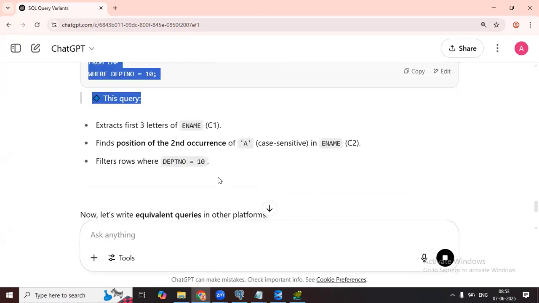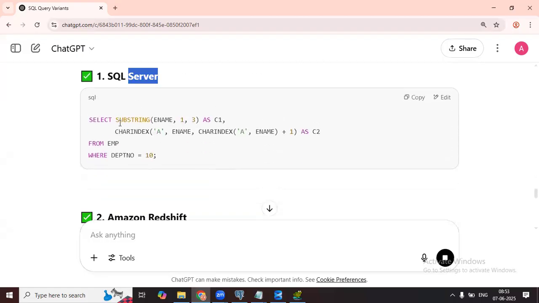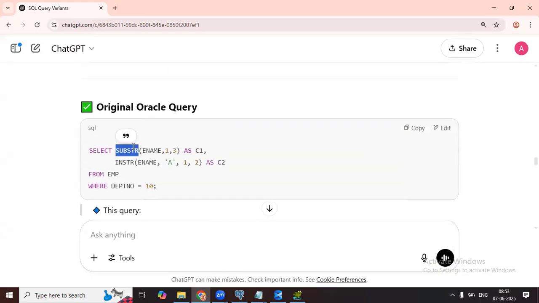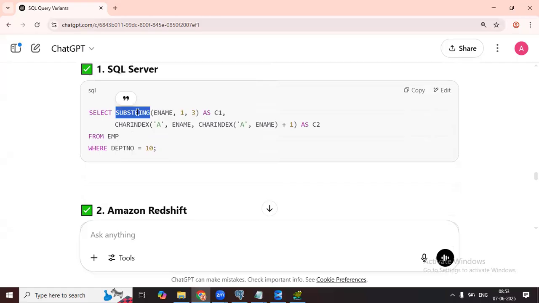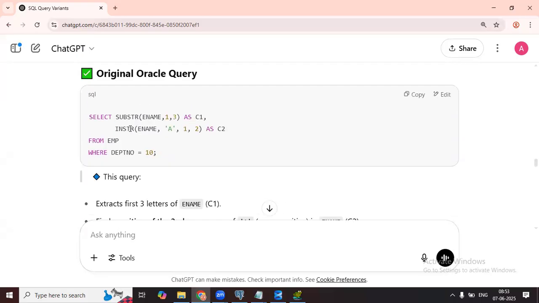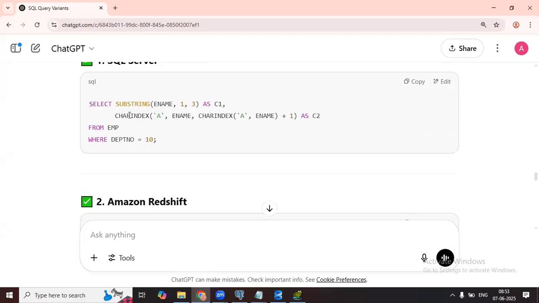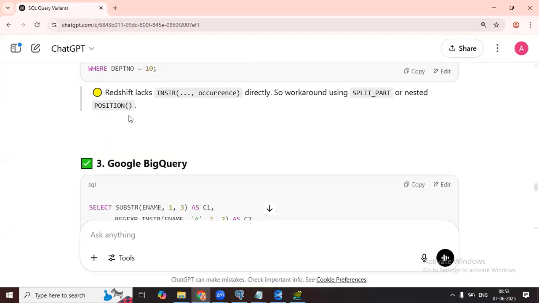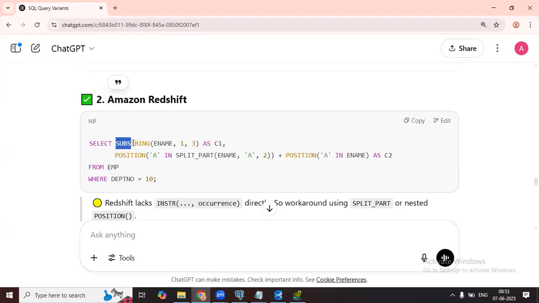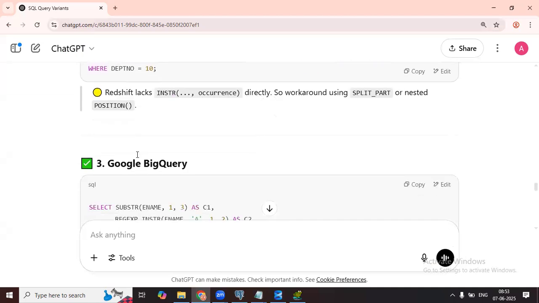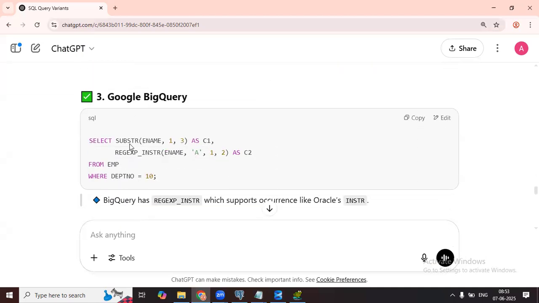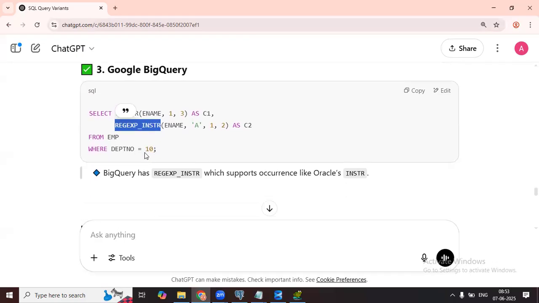This is in Oracle. Now, if you go to SQL Server, it has SUBSTRING, not SUBSTR. Here we have written SUBSTR in Oracle; in SQL Server, SUBSTRING. And here we have written INSTR; here it will be CHARINDEX. I'm going to tell you what that is. Then we have Amazon Redshift. It's the same SUBSTRING like SQL Server, but it has POSITION instead of INSTR. But if you go to Google BigQuery, SUBSTR is SUBSTR only, but for INSTR, it has REGEXP_INSTR.